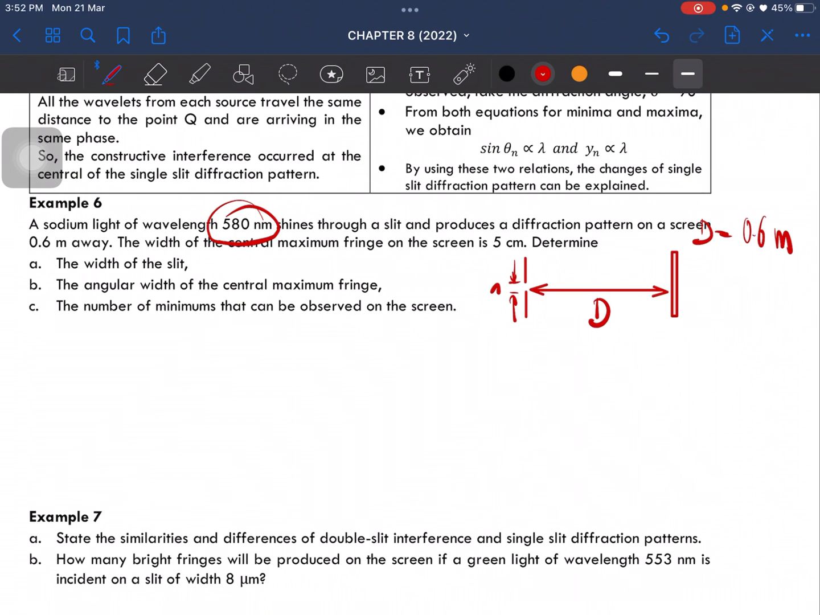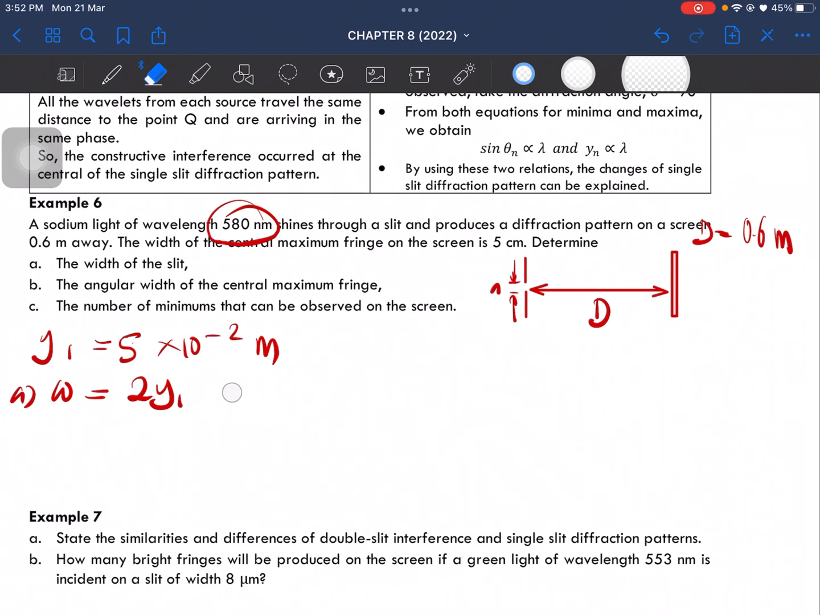And then what else? The width of the central maximum fringe on the screen is 5 centimeter. Okay, so the width of the central maximum fringe is 5 centimeter. That is y1 equal to 5 centimeter. Okay, so we have to calculate the width of the slit. So remember, W, which is the width of the slit, is given as 2y1, and y1 is already in the question. So you just have to